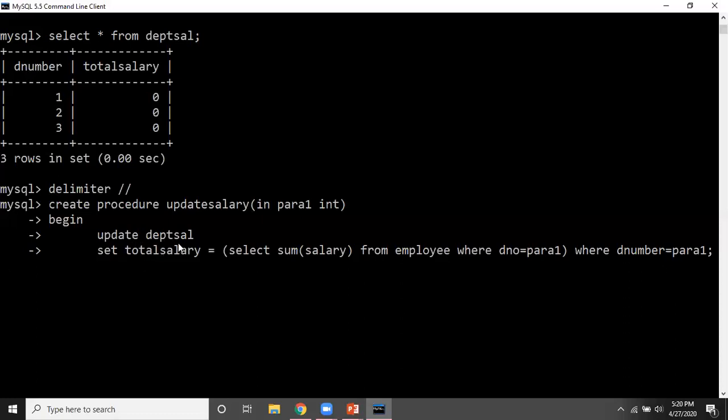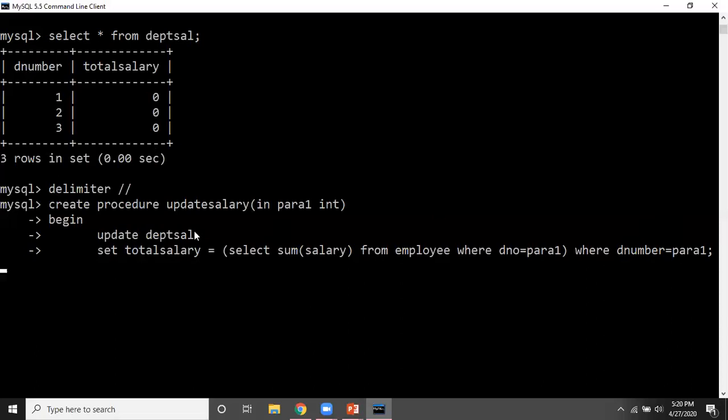So we have updated the department salary table. What we have done is set the total salary. We are finding the sum of the salary from the employee table on the basis of the value which we pass in this parameter, and in the department table for that particular department number we are setting that salary.